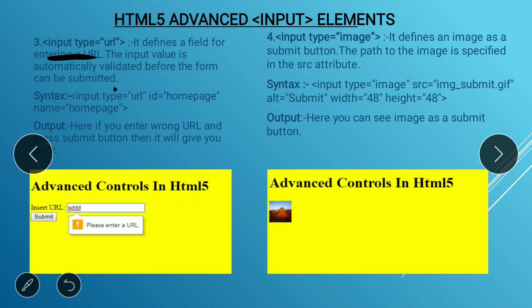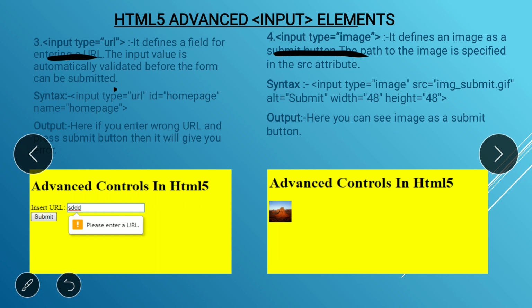Next control, we learn about the image. As you already know, in HTML you can use an image in 3 ways, right? First, use an image as a background.